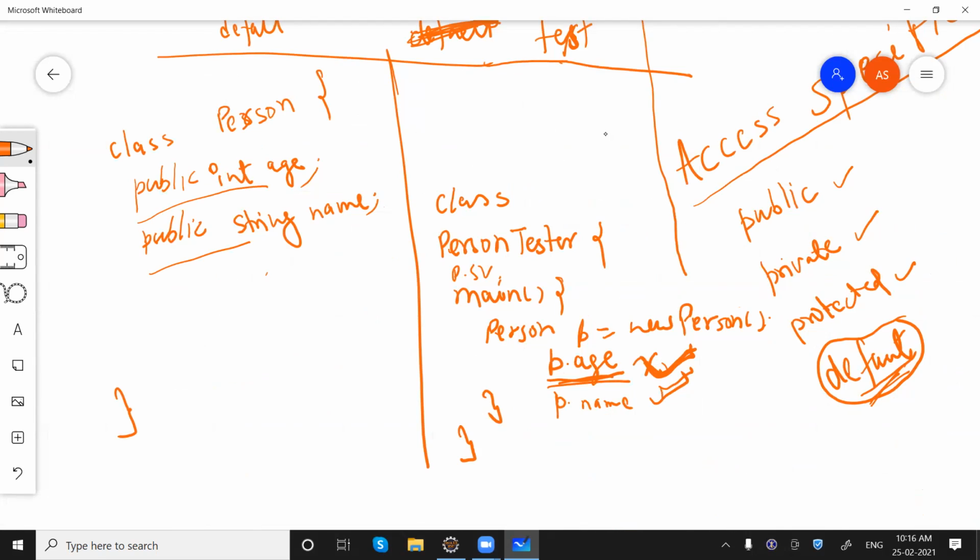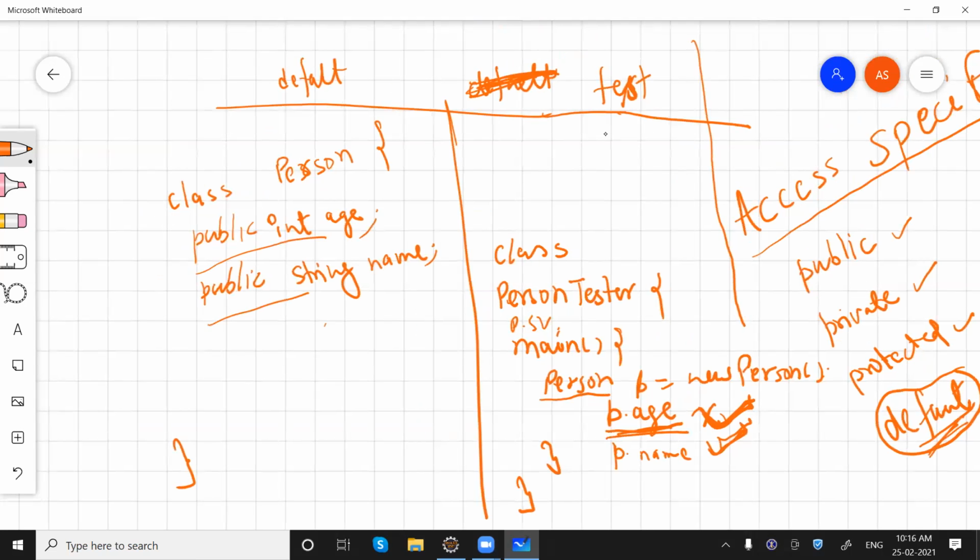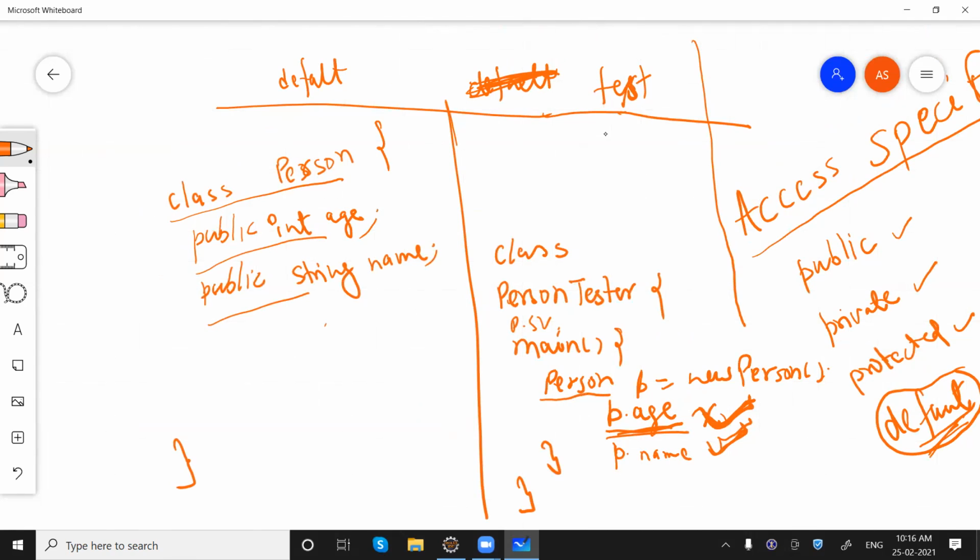These are accessible, but to access these members, we need a Person class object to be created first, right? And if you see, the class itself is default. When it is default, we cannot access this class from another package. Getting my point? So default means basically limited to a particular package.